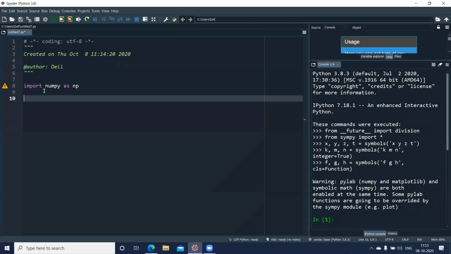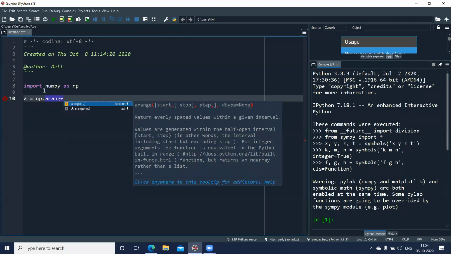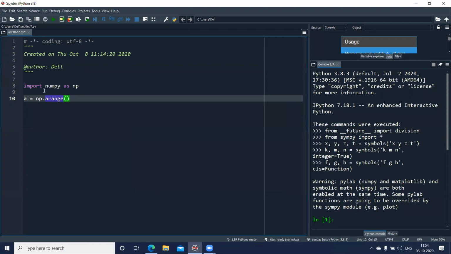We'll create an array a equal to np.arange, and we are going to pass the starting point, let us put 0, up to say 60, and the step or interval between each number I would give as 5. So I'll get the numbers 0, 5, 10, and so on.